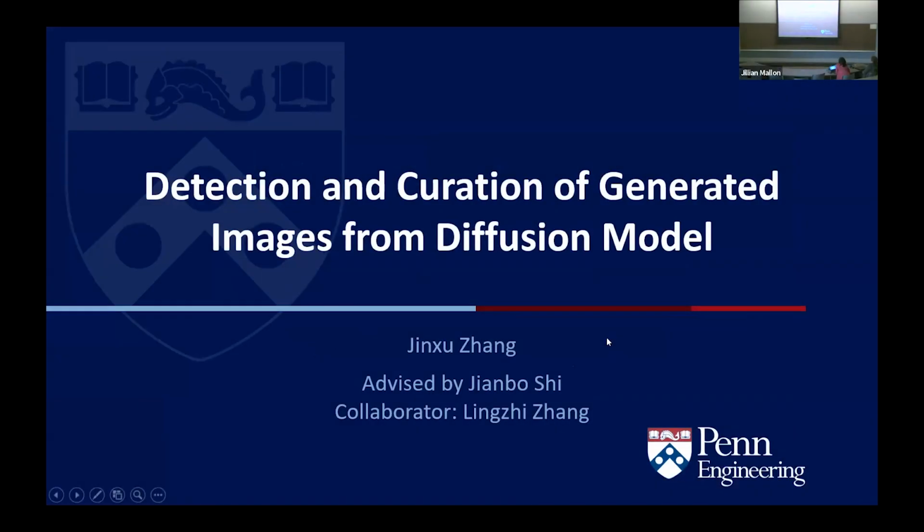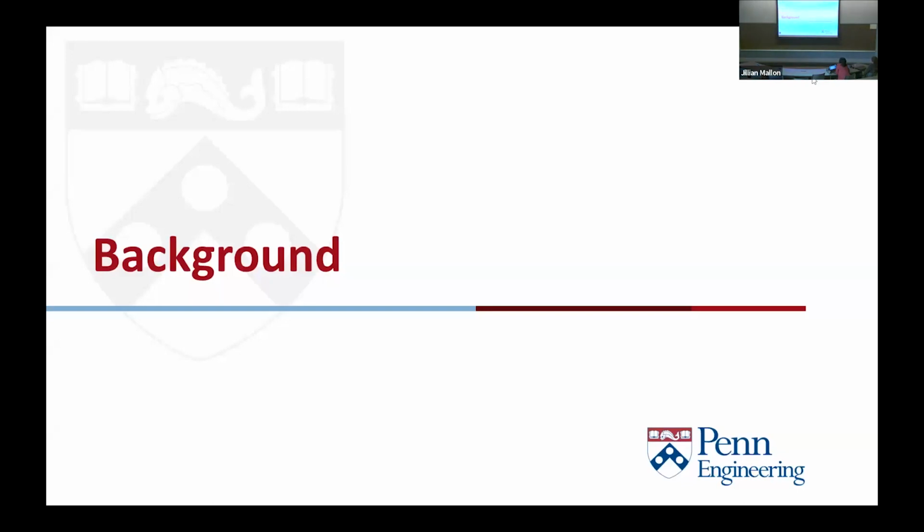All right. Hello, everyone. So my work topic is about the detection and curation of generated images from diffusion model, which is advised by Dr. Jianbo Shi and also collaborated with Jinxu Zhang, who I would like to express special appreciation to due to their helpful advice. So to start with, I'd like to first show some image generation examples, which is also directly related